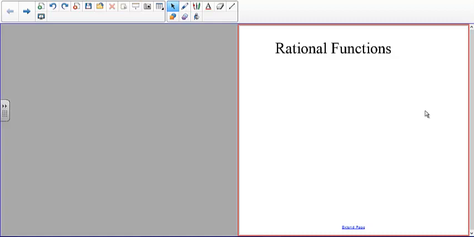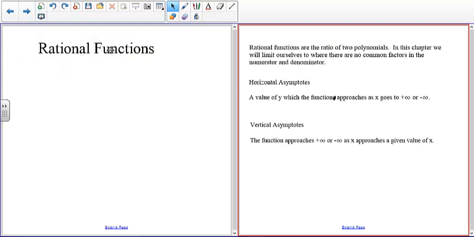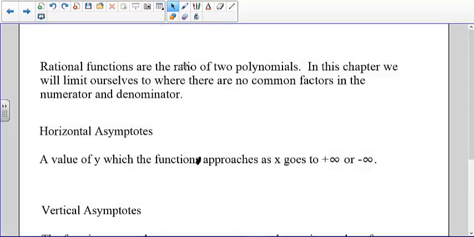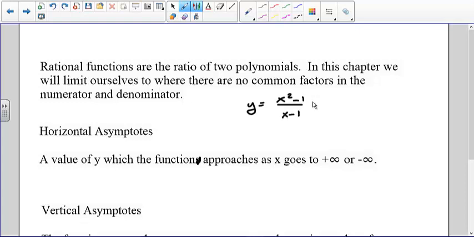So another class of functions are rational functions, and basically they're ratios of polynomials. Rational functions are a ratio of two polynomials. In this chapter, we will limit ourselves to where there are no common factors in the numerator and the denominator. What does that mean? Let me just give you an example. So if we had a rational function, and let's say we had x squared minus 1 over x minus 1,